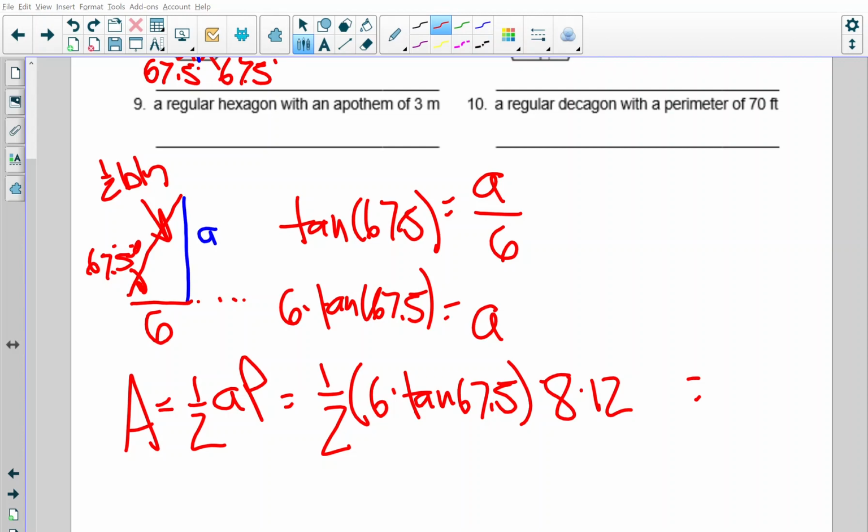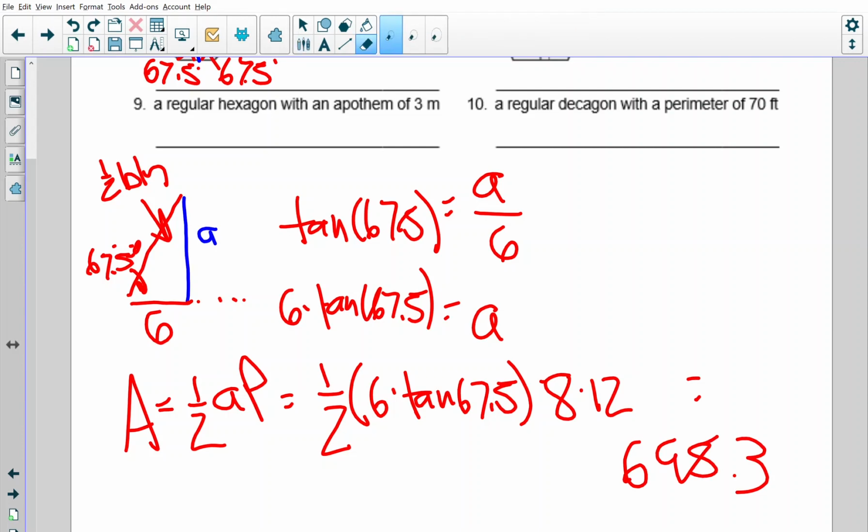go to Google, type in regular octagon perimeter 96 centimeters. Google Smart, you can check your answer. 695.3. That's the answer. 695.3. Anyways,